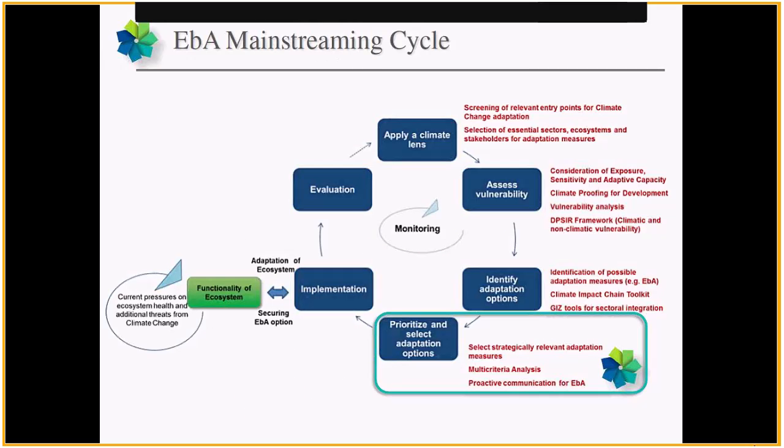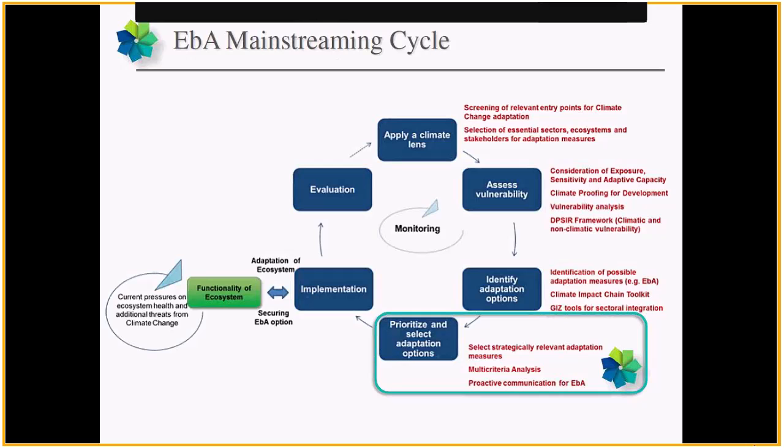First of all, this is a slide with more technical information. It's just to remind us that to integrate the ecosystem-based adaptation approach, we must use a mainstreaming cycle.